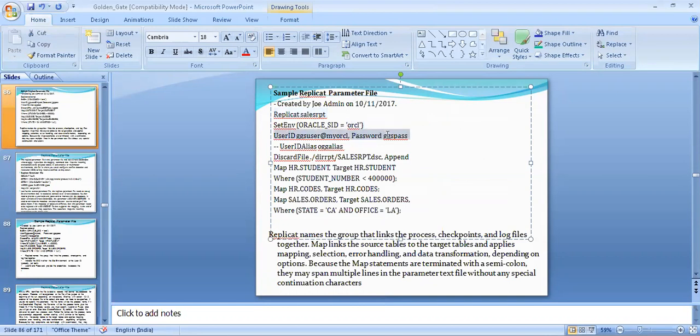Then we need to use the user and password used to connect to the database, and the discard file. Then we can use the MAP command in case the structure of the table is different in the source or target environment. In that case we can use the MAP keyword. We can even filter tables using a WHERE clause as well.